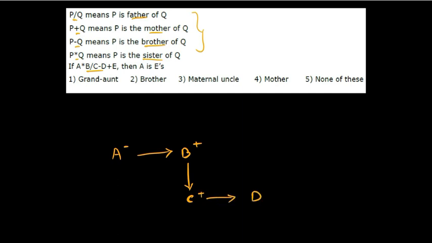Now D plus E, plus means mother, so D is mother of E. This is the way you can quickly draw the family tree. So the question is, A is what? Let's have a look at the answer. E is here, and this is the gap of one generation, then followed by the second generation. So it is the grandfather generation, and she is the sister of the grandfather, so she is a grand aunt. This is the relationship between E and A. So A is grand aunt of E.